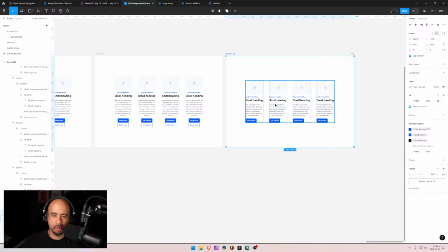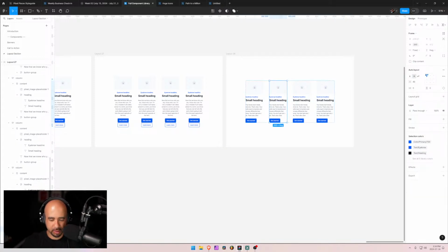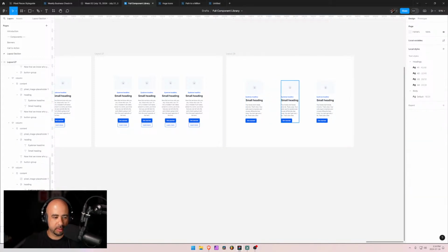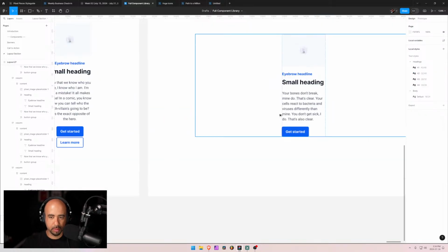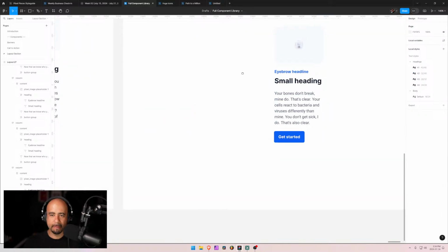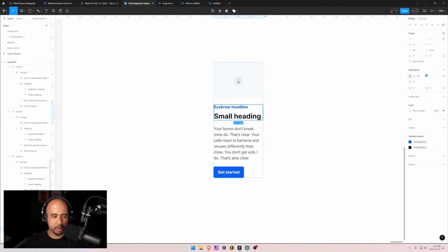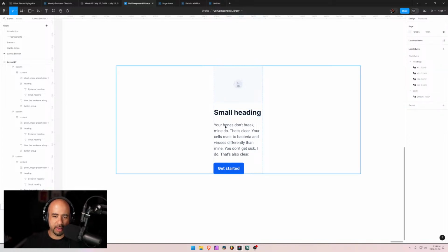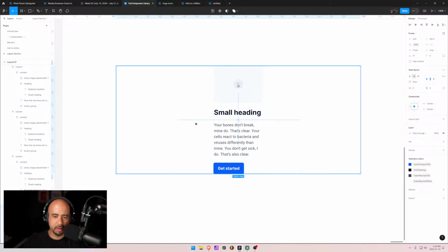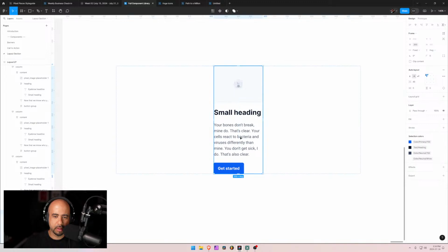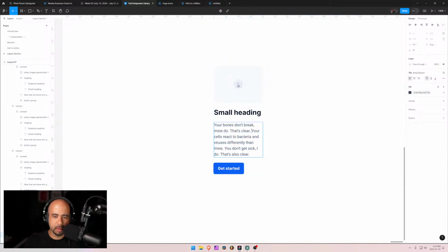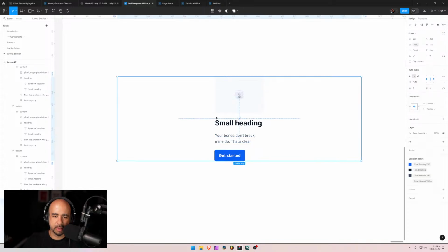I think first things first, let's just delete the extra ones. Let's zoom in here, because we really want to simplify it. If we remove the eyebrow and we just have the heading, and we have a really small text, and then